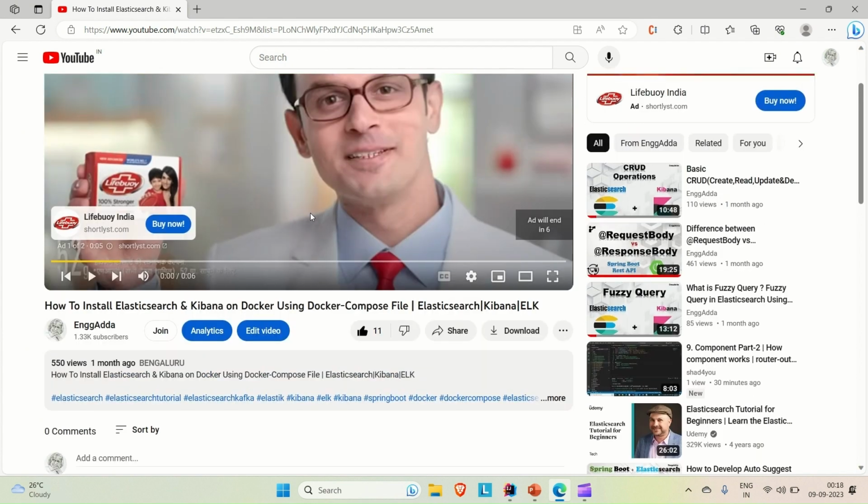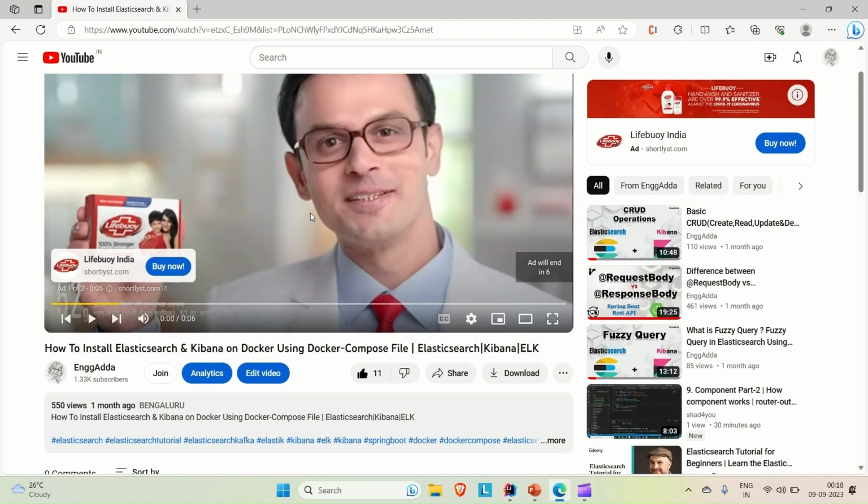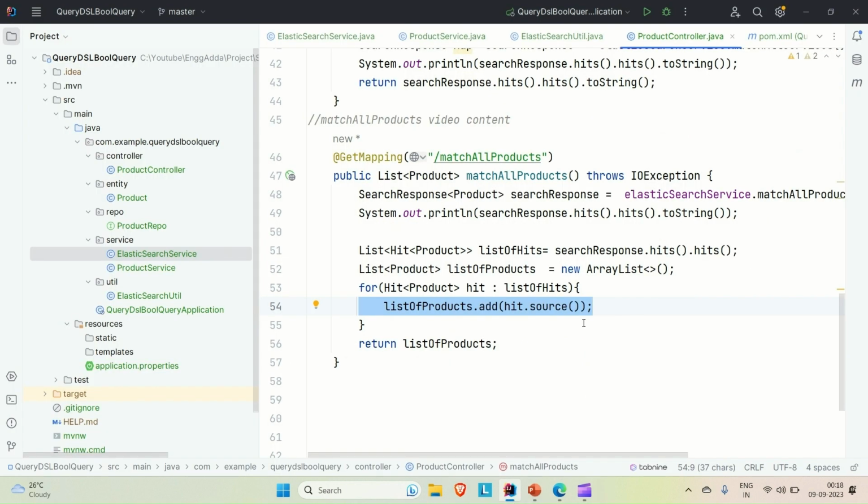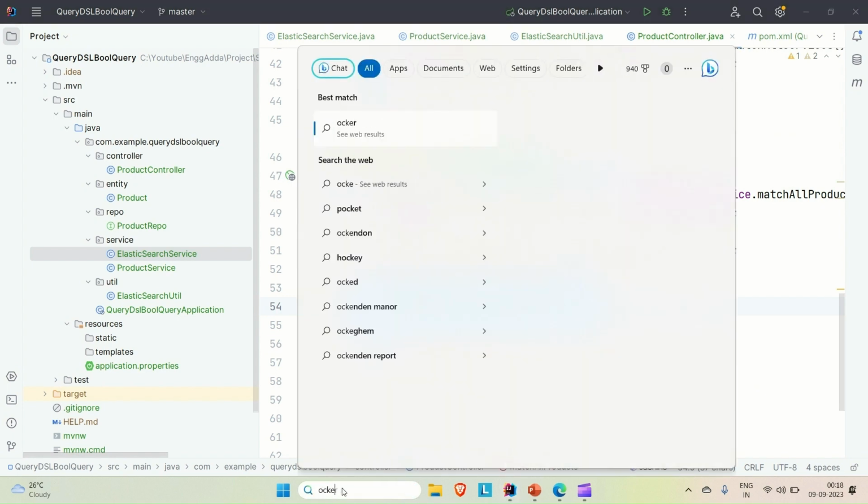I will provide the link of this video in the description, and then you are good with the Elasticsearch installation and Kibana installation. So let me try to make our Docker Compose file up and running so that we can access Elasticsearch as well as Kibana. And I will show you that I already have created the products index in Elasticsearch. So everything I will try to show you there. So before running this application and hitting this API, make sure that you have your Elasticsearch up and running. Now let me try to open my Docker